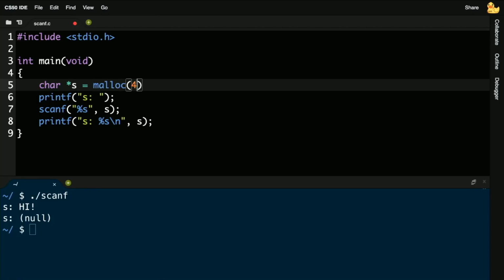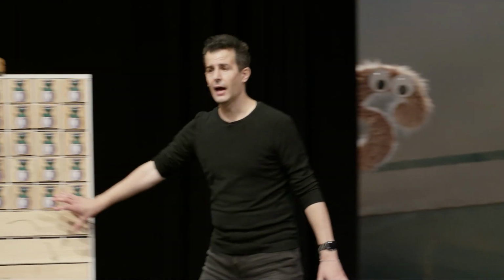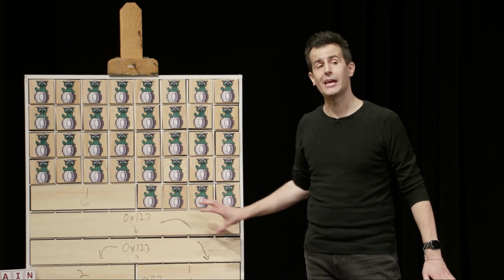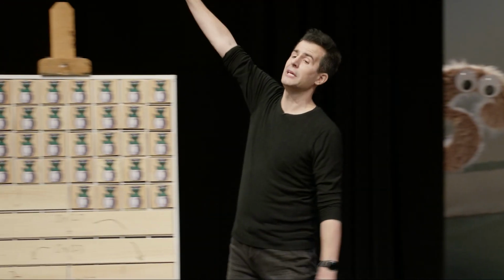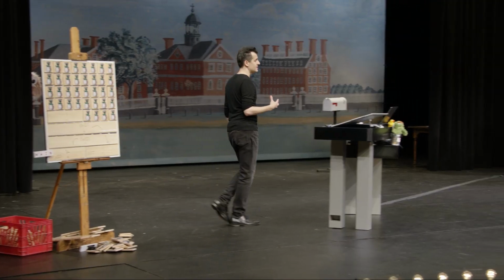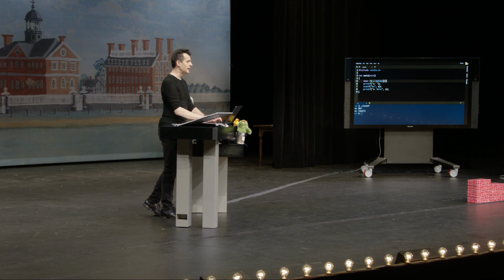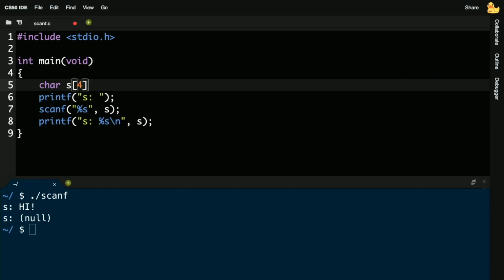If I actually want to get users' input, I need to be smarter than this. And I need to either allocate myself 4 bytes, as we've done earlier today, or I could go back to week 2 stuff and say something like give me 4 bytes. This, though, gives me 4 bytes on the stack somewhere down here in main's frame, so to speak. These rows are called frames. If I use malloc instead, it comes from the so-called heap, which, not pictured, is sort of up here. And the only difference is that if I'm using malloc, I have to use free. If I'm using the stack, as I did in week 2, I don't have to use free. It's automatically managed for me.